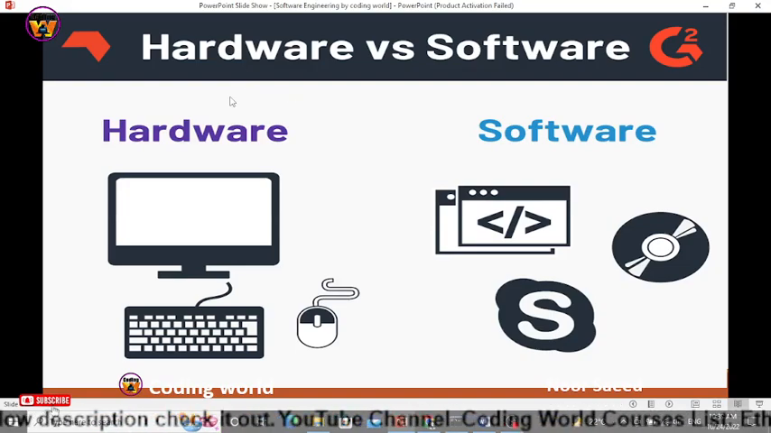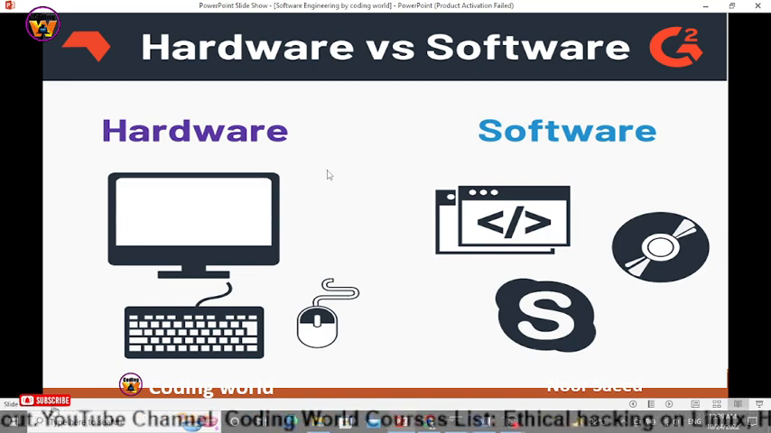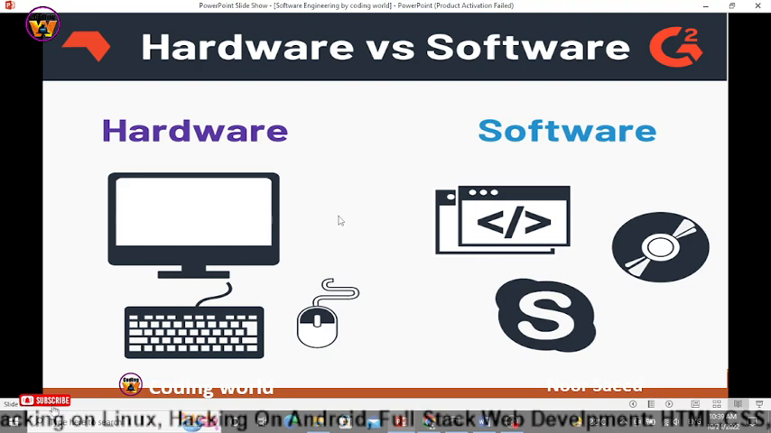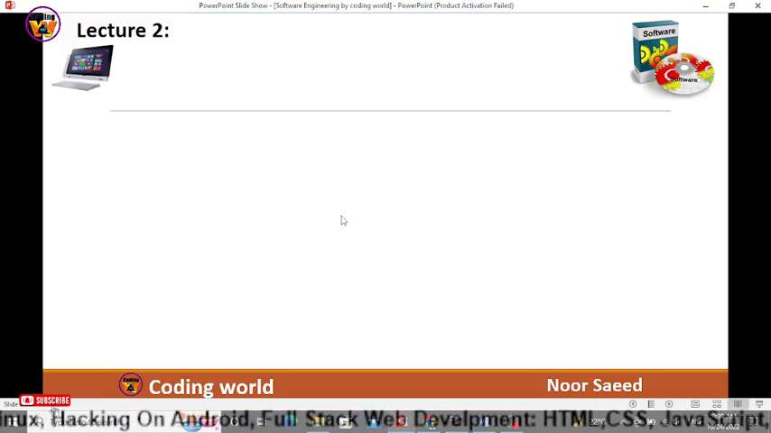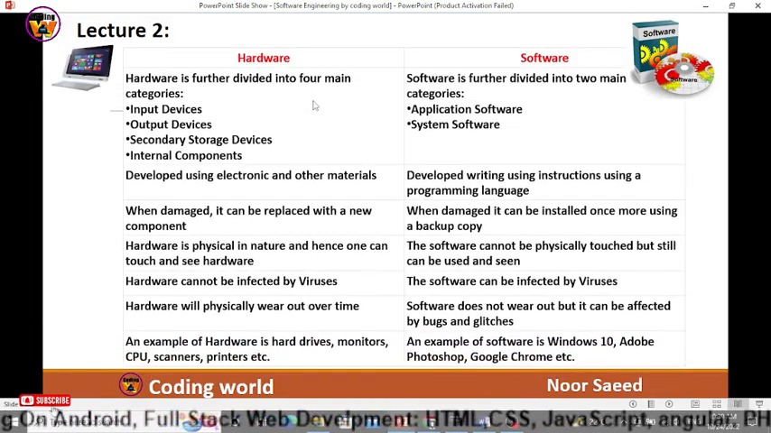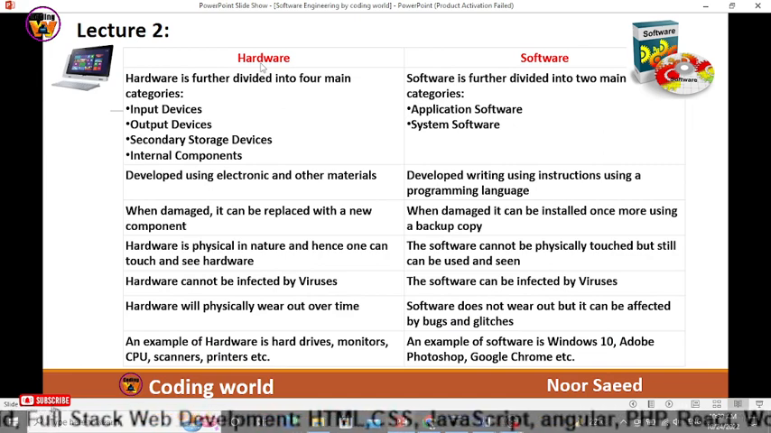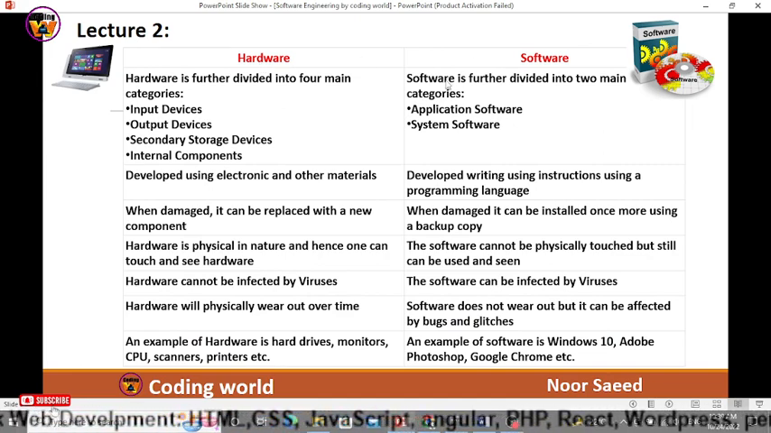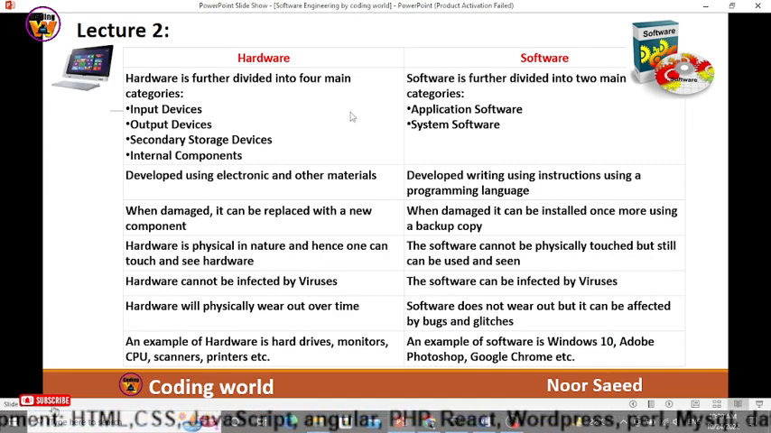Okay, let's see what is the difference between hardware and software. In the previous video we discussed what softwares are. Now it's time to differentiate between hardware and software. So let's get started. Now here I will explain what hardware and software are, but after that we will be exploring